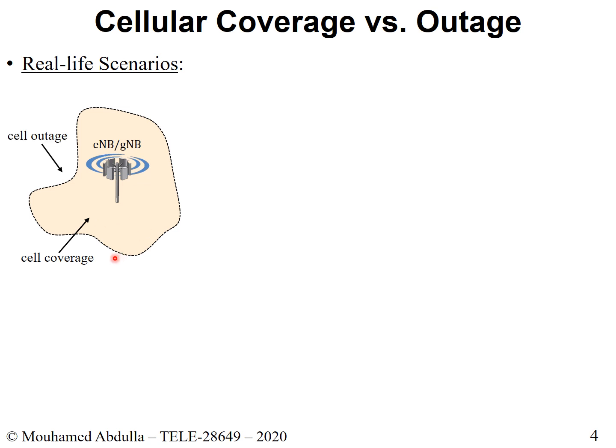Okay. Now, what happens is the following. If you look at this area here, as you can see from the delineated lines of the cell, it's not part of the cell, and therefore you are in outage. So if you have a mobile device here, as soon as you cross this line, you're no longer connected. You will be totally in outage. You're no longer connected to this eNodeB.